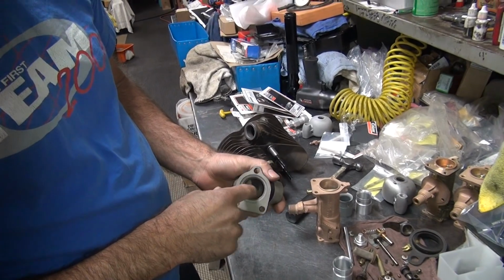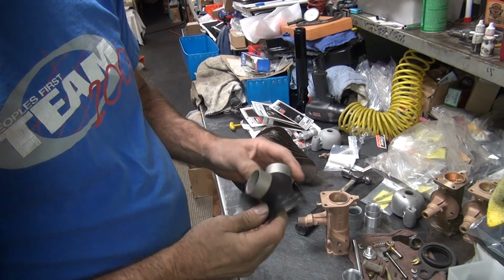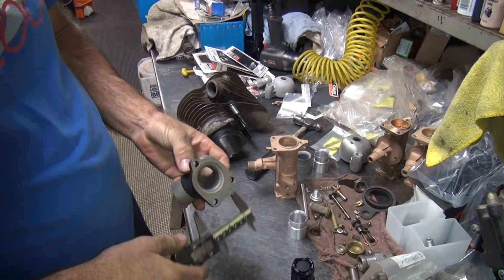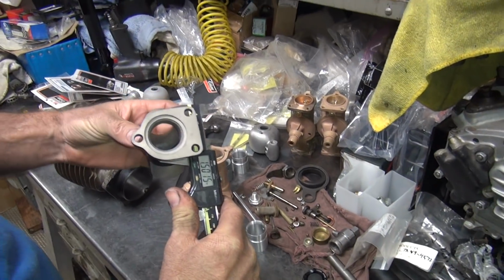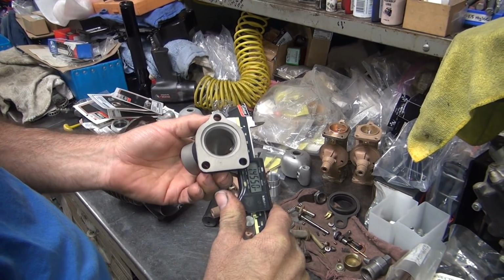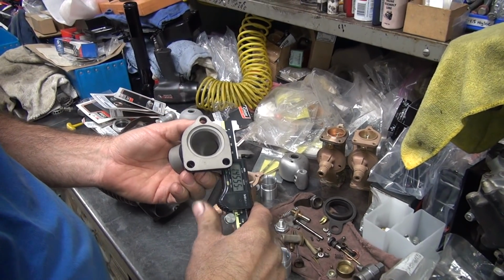Now, we can either grind this all out, or we can stick it in the milling machine and bore it out a little bigger. Different ways of doing it. Now, the problem with this is the outside of the manifold kind of dictates how big you can cut. So right now, the manifold is roughly about 1.5 inches on the OD there, about 450 over here. So you usually want to leave a minimum of a 60 thou wall on your cast iron, absolute minimum. So if you figure 90,